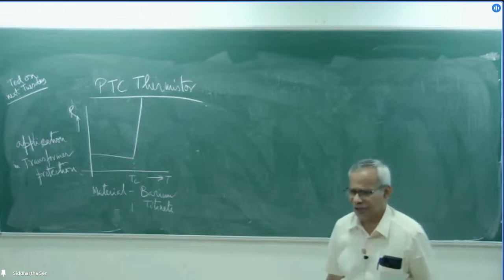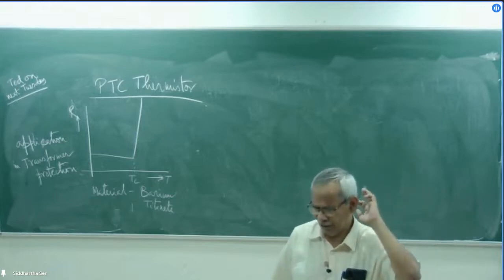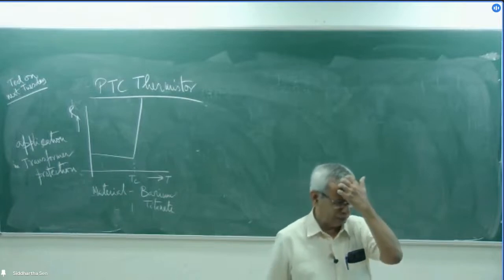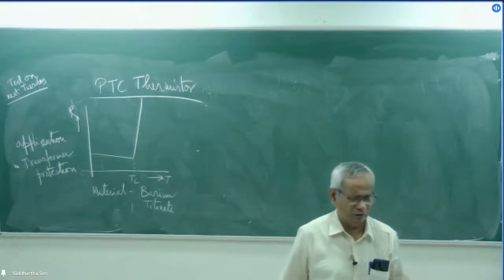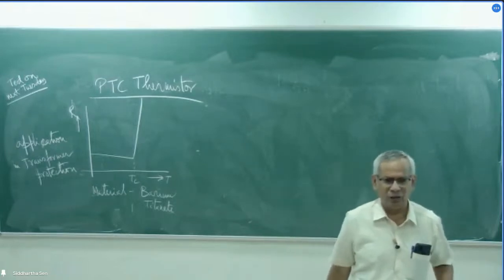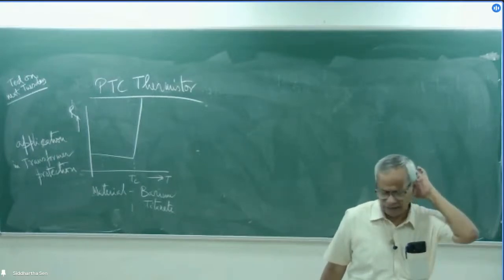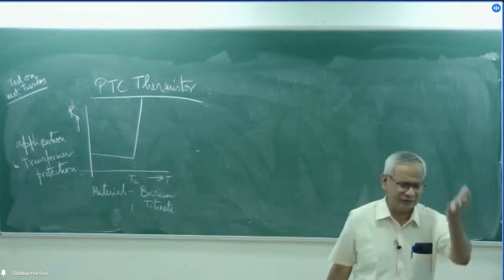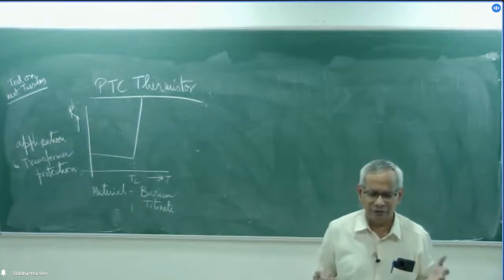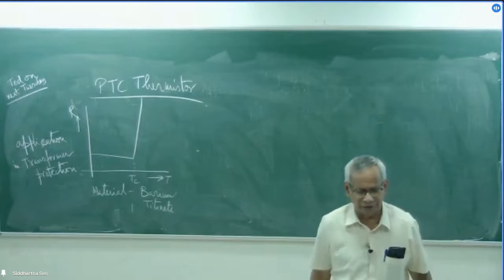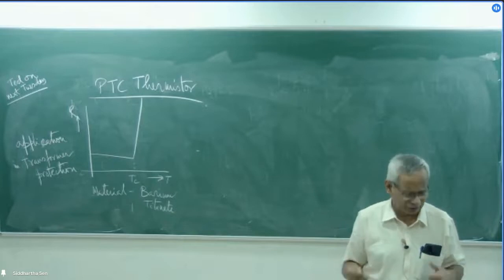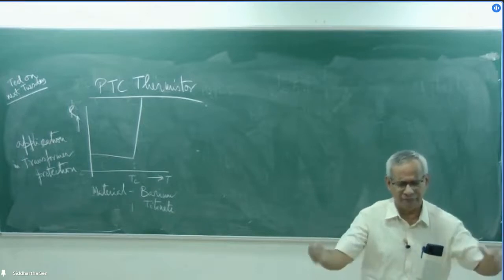And in transformers there are certain windings and oil cooling and different types of coolings. But if there is some problem in the winding, or if there is some damage in the insulation, there may be a localized heat generation. That localized heat generation may increase the temperature of the transformer, and if it is not properly taken care of, that may ultimately cause the bursting of the transformer or a major damage.